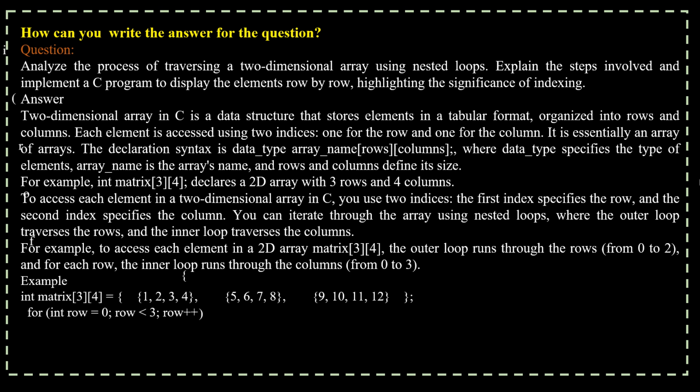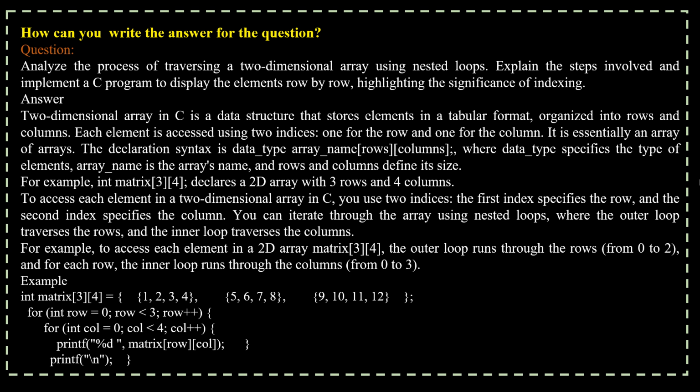For example, to access each element in a 2D array matrix[3][4], the outer loop runs through the rows from 0 to 2, and for each row, the inner loop runs through the columns from